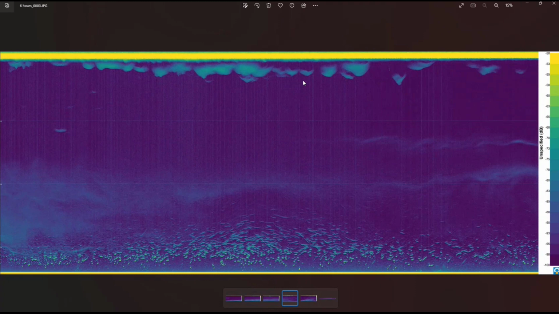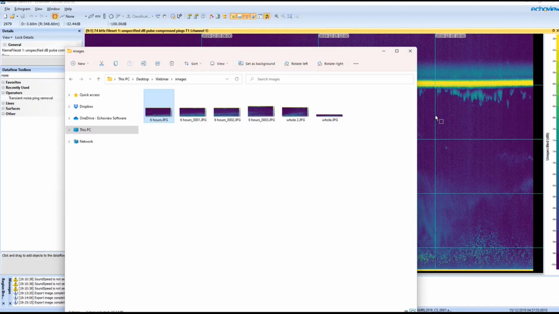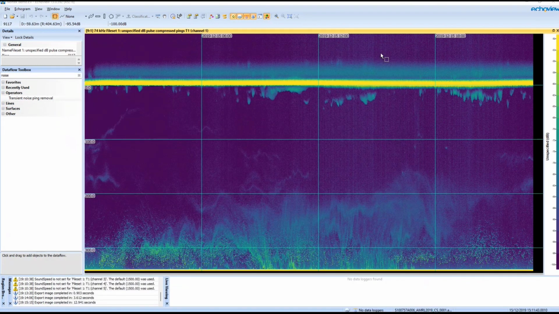Now, this is really neat in particular cases, and this is what I was hinting at previously, automation. So using these image exports in combination with automation is a real game changer, I think. And we go into the details of this in our automation training course, but I'll just give a bit of an introduction to it now, because these new features in Ecoview 13, which includes COM scripting access to all of these settings, makes this really neat. So I'm going to open up some R code to show you.